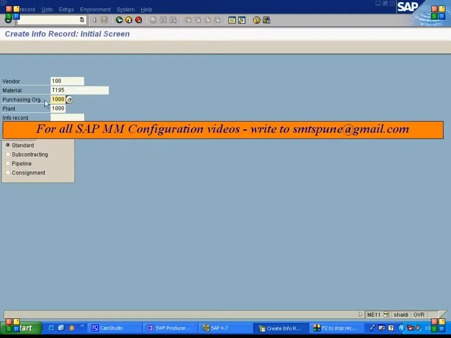Now the same material I can purchase as a standard, wherein whenever I do the goods receipt I am liable for the payment, or I can purchase it as a consignment also. I will create both the info records and show you what is the difference, how the system identifies the correct info record in this cycle. So first I will create a standard info record, which is a normal procurement cycle,